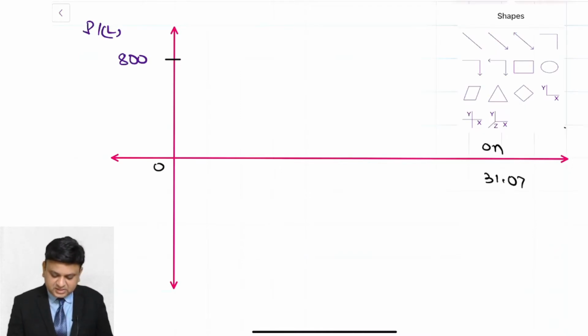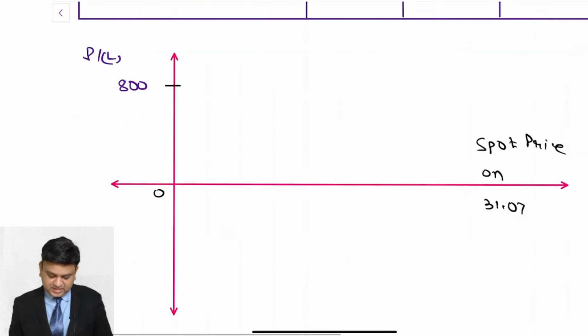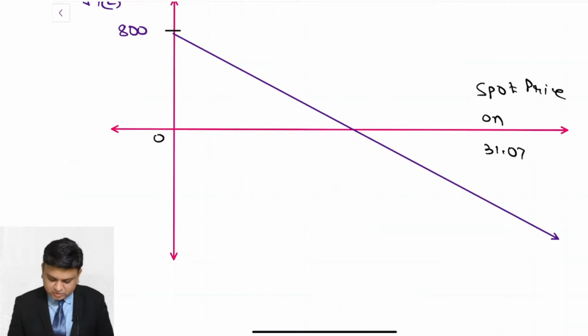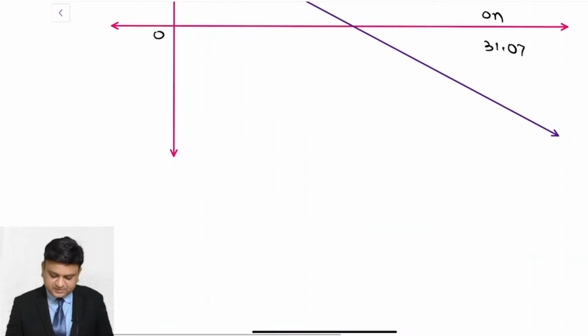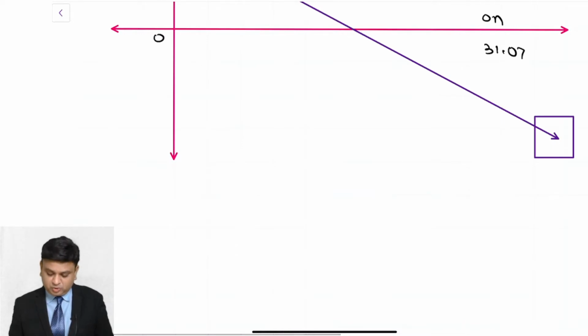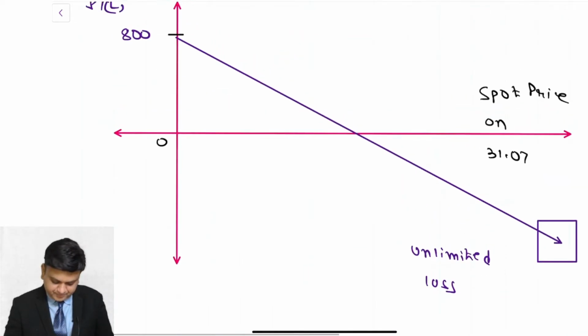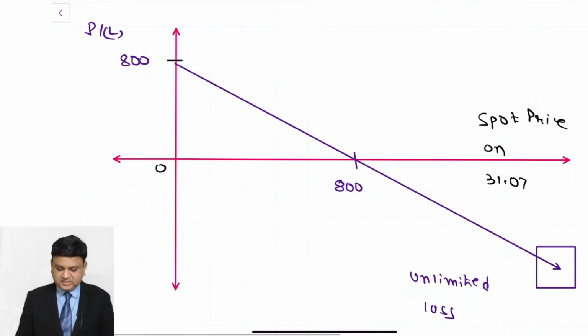When there is an increase in the spot price, the profit initially declines and then it is converted to loss. So the diagram goes like this, and again we understand that if the price substantially increases, then there will be a huge loss. So there is unlimited loss potential. However, when you are bearish, expecting the price of the security to fall down, then this is the transaction you can enter upon.